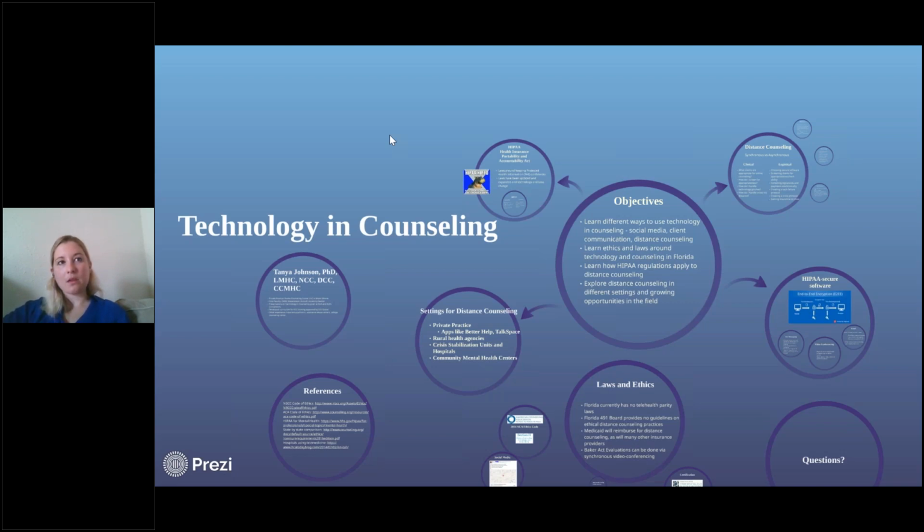What I mentioned was putting in the informed consent a little clause that says I'm giving you permission to contact me via text, via email that may not be HIPAA secure. I have that just as part of my informed consent document. So everything else that needs to be included in the informed consent, and then I just have at the end